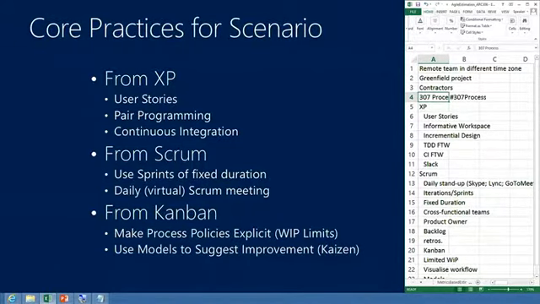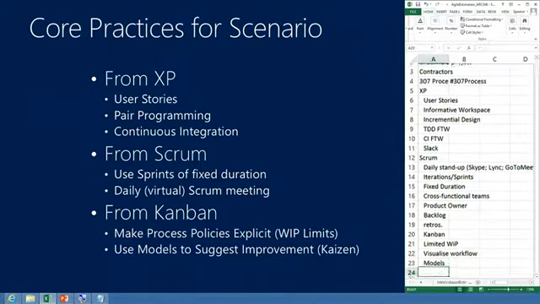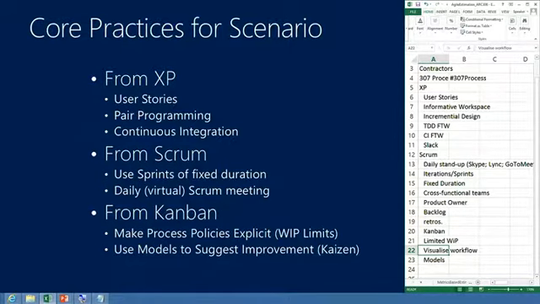From Scrum, we said use sprints, and we did say fixed duration. Right? And we did say do the virtual Scrum meeting. Okay? And from Kanban, we actually chose the exact same things, the work in progress limits, right? Which then by definition, you can't really have one without the other. I mean, you can, but if you choose work in progress limits, that means you're definitely going to go through the Kaizen. So we were pretty good. You guys added a fair amount more. To be honest, we probably would have added those if the slide could hold them. We're trying to follow the 10, 20, 30 rule of PowerPoint, right? I have no font lower than 30. This is probably 18 or 20 font. So you guys did pretty well.